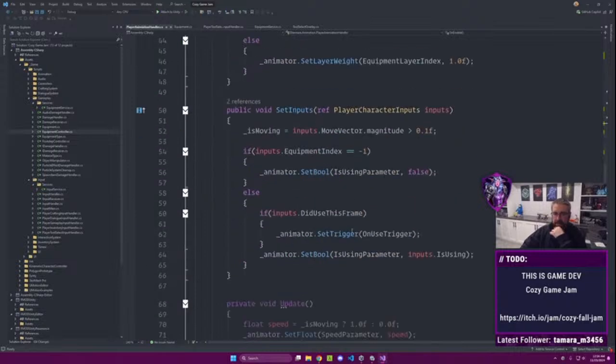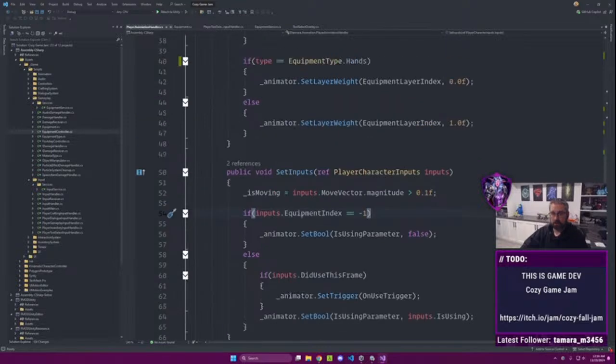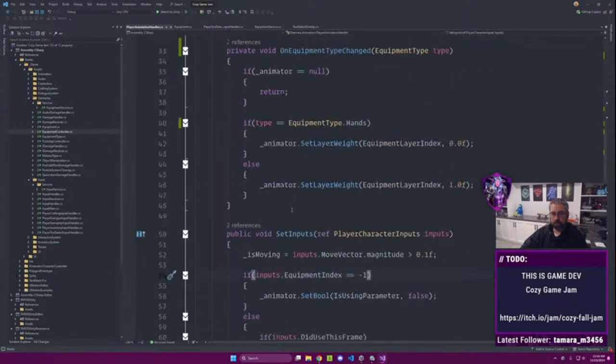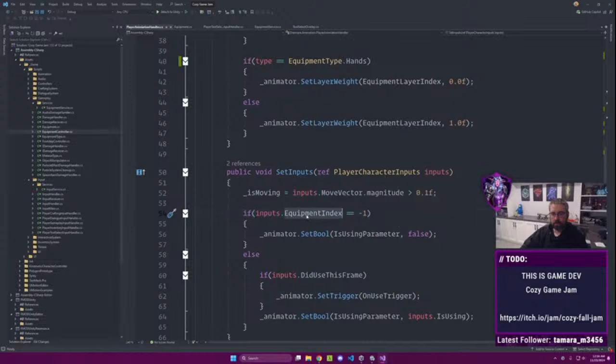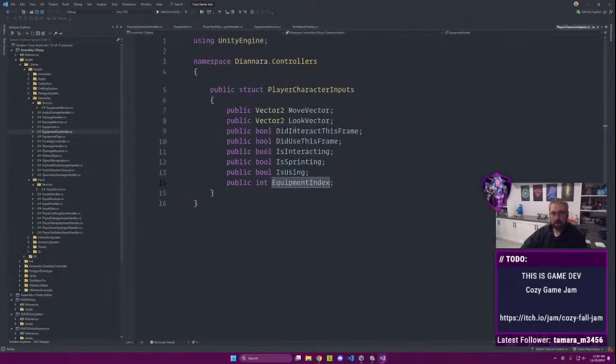Now we're back to here. Did use this frame. Set using parameter. Oh, equipment index. Here we go. So this is now because we're passing the equipment index to the character,